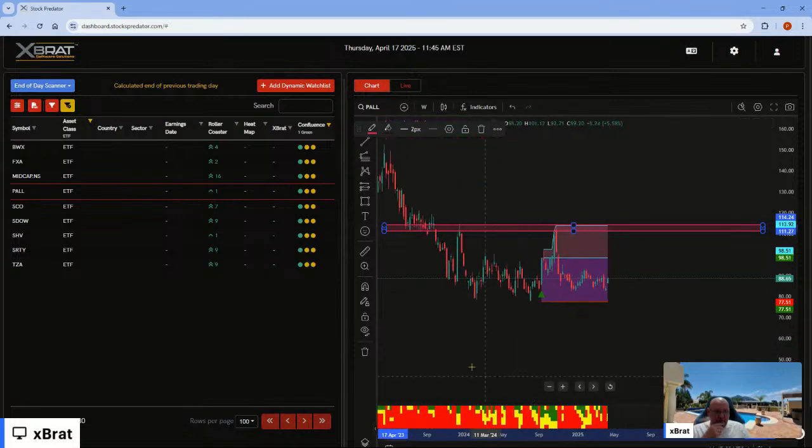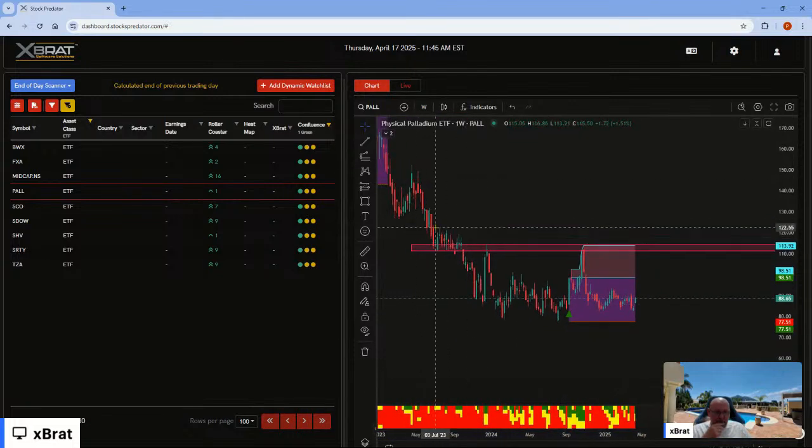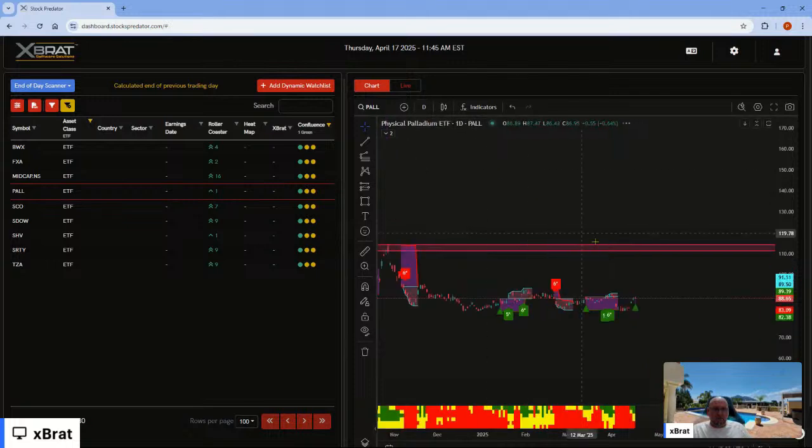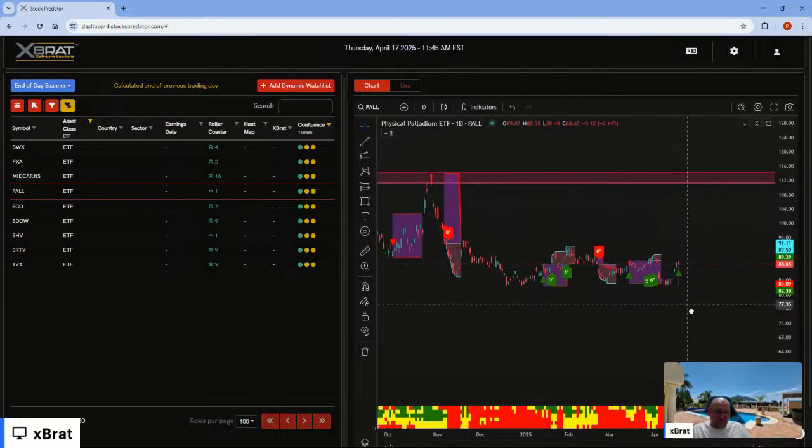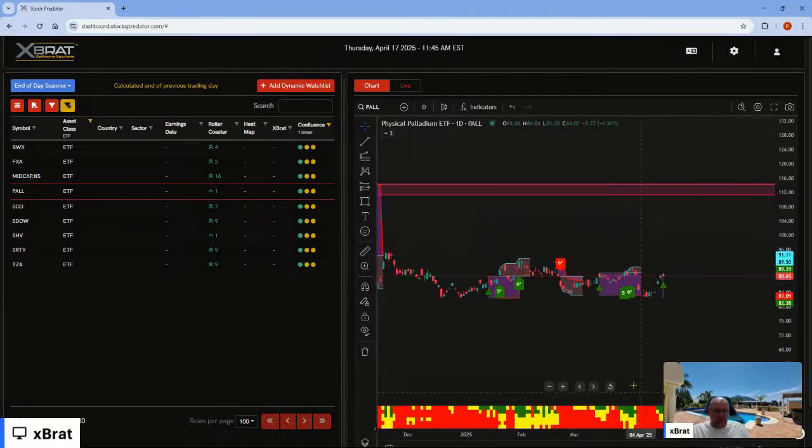So why I've taken that a little further left is this sort of hung around there for quite a while. Came down, tested it from below, then came down again. That's tested it from below again. So this is on the weekly. This is where we need to understand that. There's quite a lot of room up there actually. It's pretty gappy, but for this one,